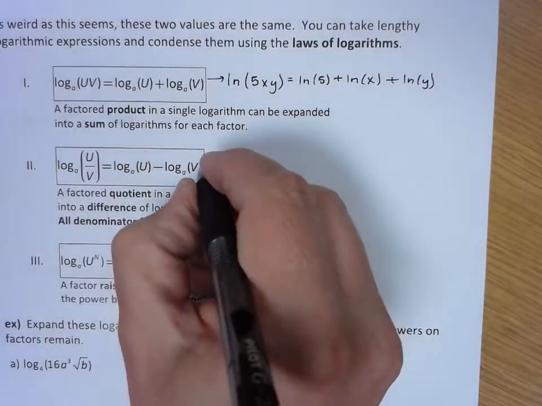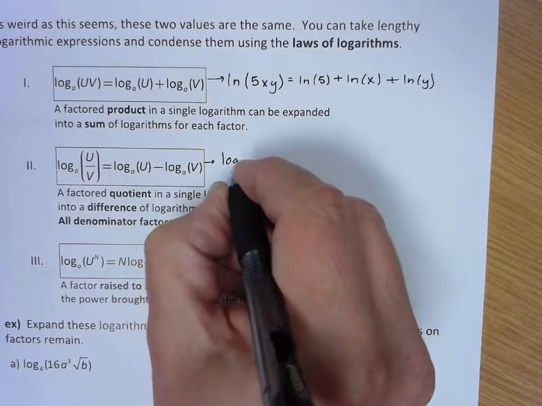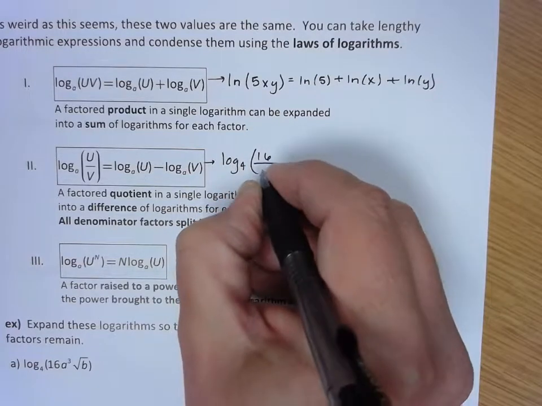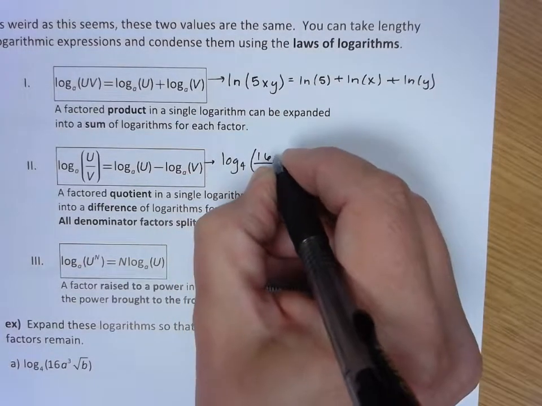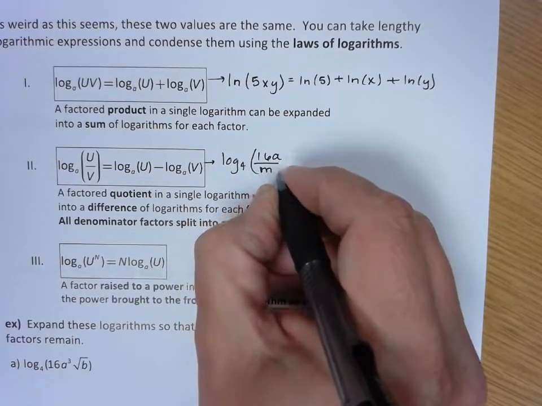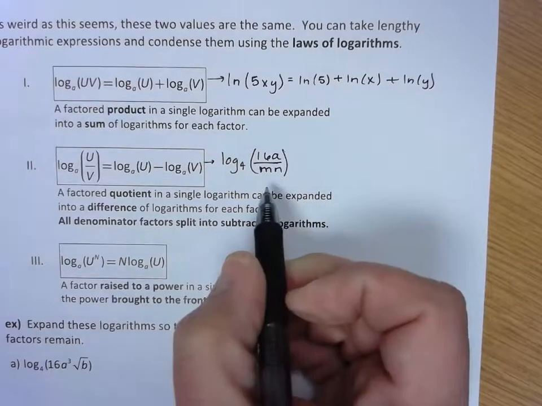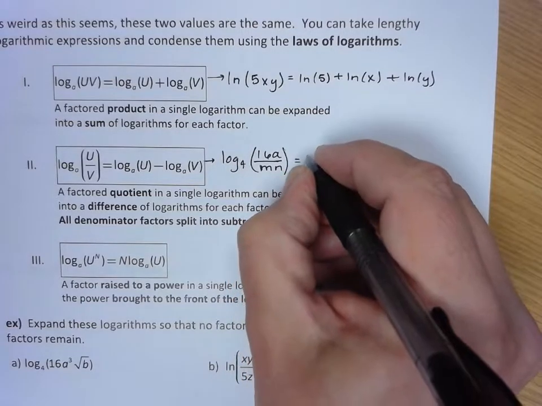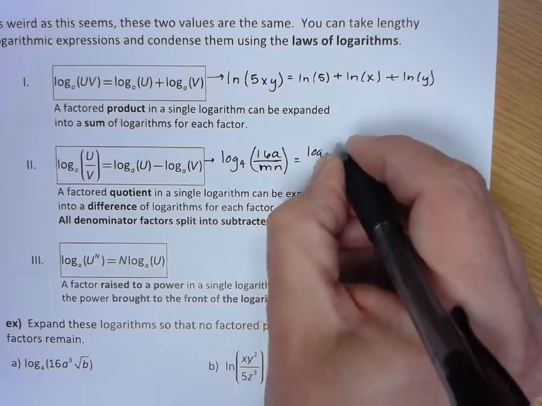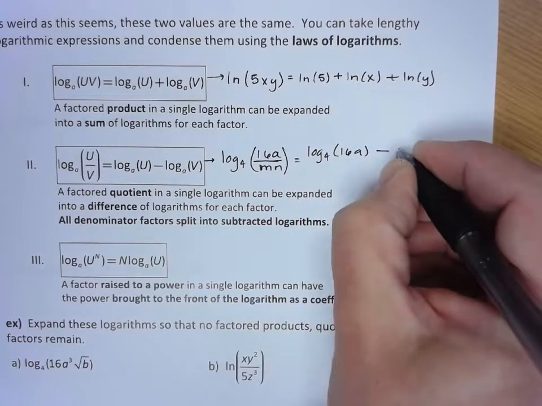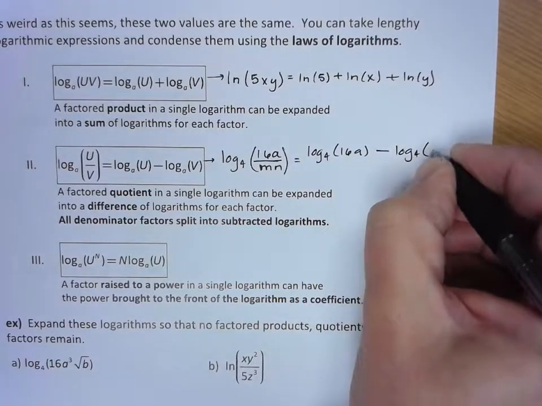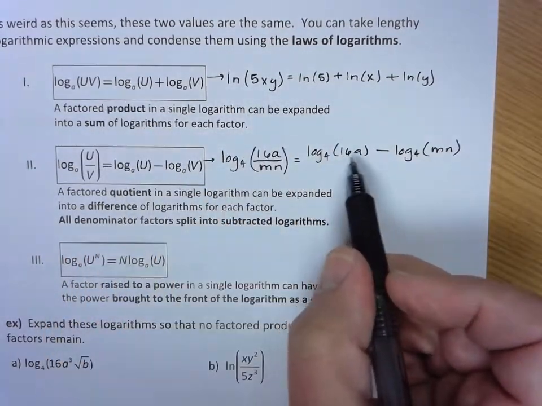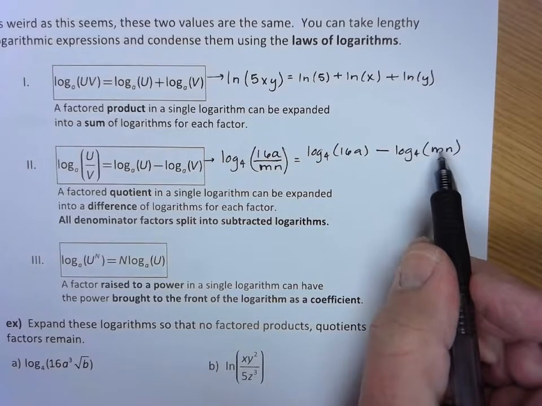This one, if you have something like log base 4 of, let's say, 16a divided by m times n. There are technically 4 factors inside here. Well, what this says is you can split up the quotient as log base 4 of 16a minus a log base 4 of mn. But then notice this property kicks in because you've got a factored product in this logarithm as well as the one in this one. So if you split this one up,